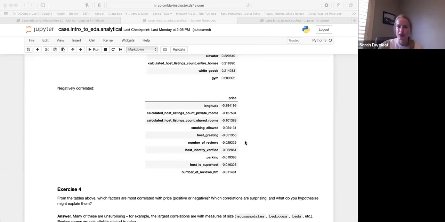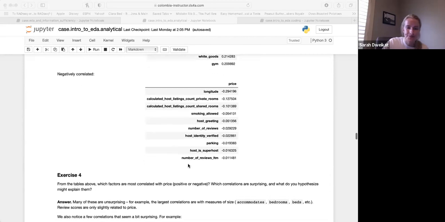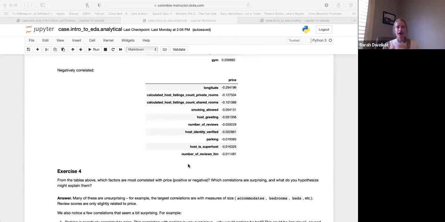Parking should be, you would think that price would increase if there's availability of parking. So this is also when it's important to come back to what we talked about in our previous case, which is that it's important to think about your data, right? To not just go with your correlation numbers and say, okay, I'm only going to look at the things that were the most positively correlated and throw everything else away. There are things that might stick out in your data and you might say, I expected a relationship with parking.